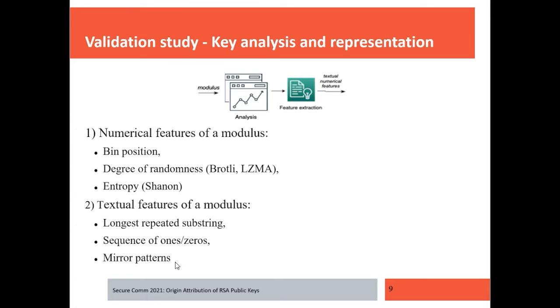And the last but not least feature is the mirror pattern. In this feature, the modulus binary string is represented as two halves of equal size. We then perform a comparative analysis of the n-bit patterns found in the first half versus the n-bit patterns in the second half.